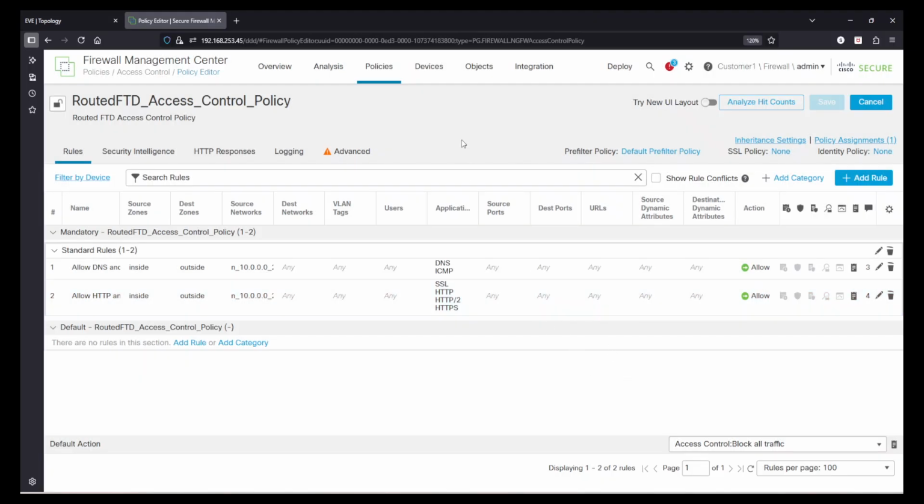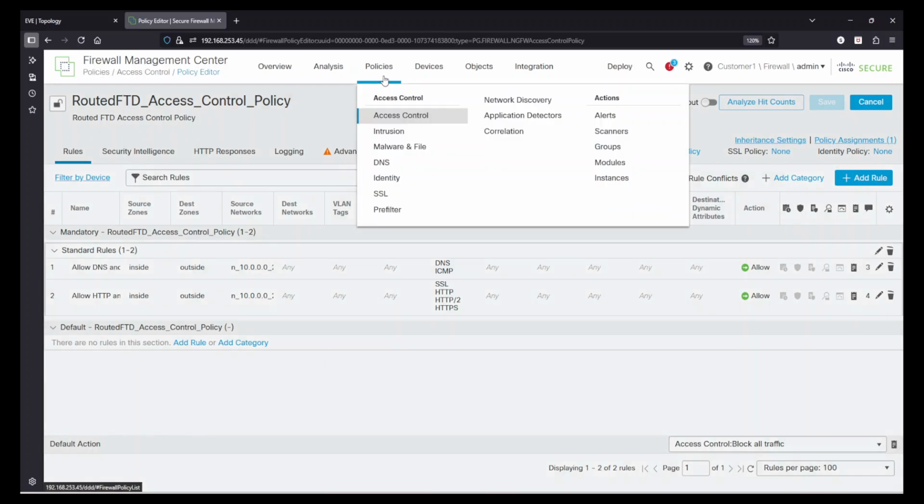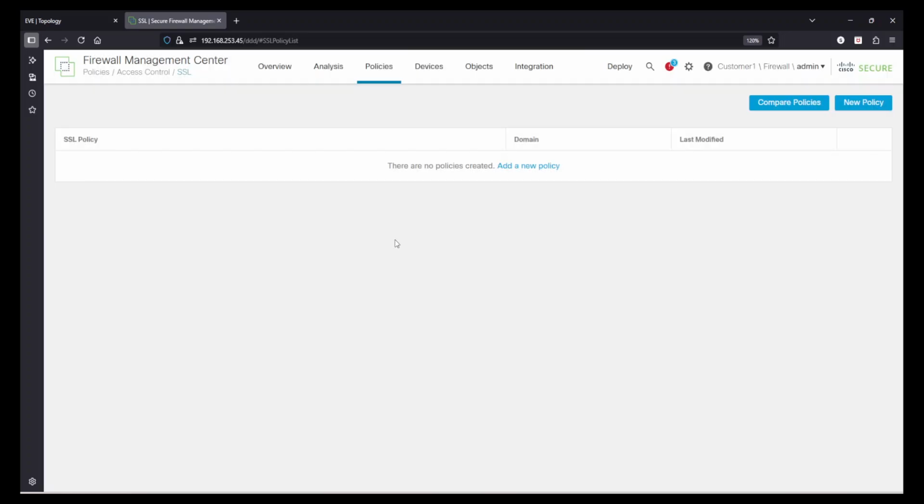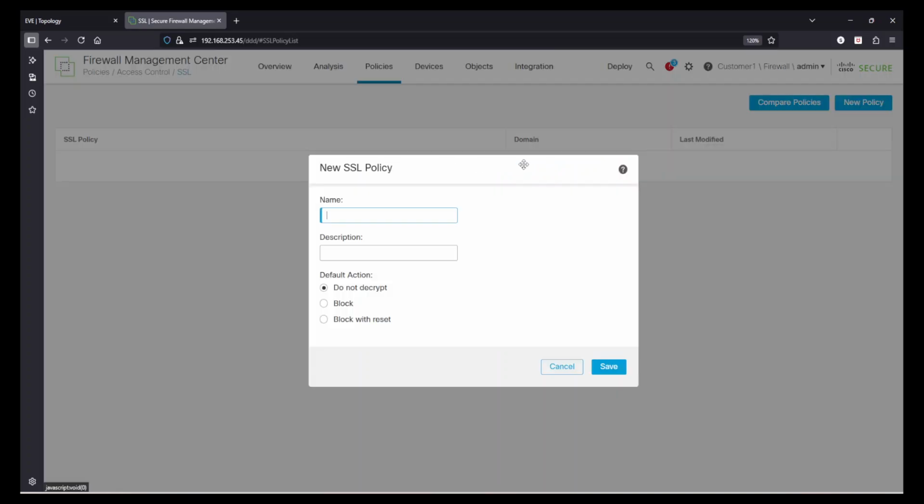So where do we create this SSL policy? In order to create this SSL policy, you have to go to policies and then SSL. This is where we create SSL policy. Let's create a new SSL policy. I'll click on add a new policy. Let's name this policy SSL